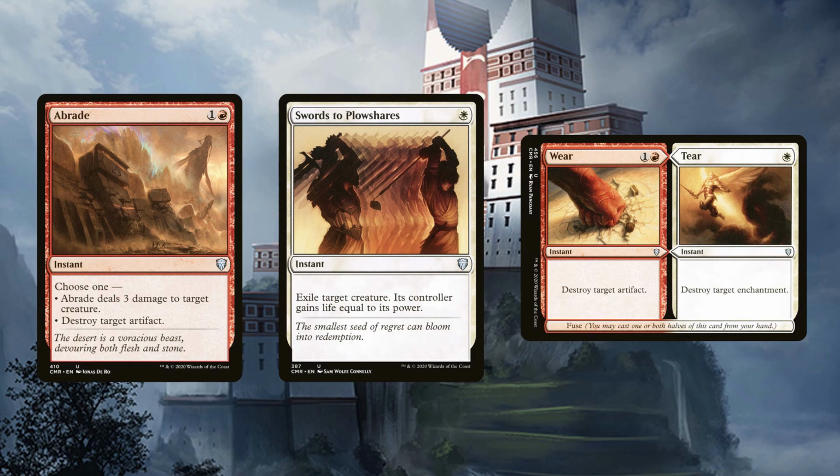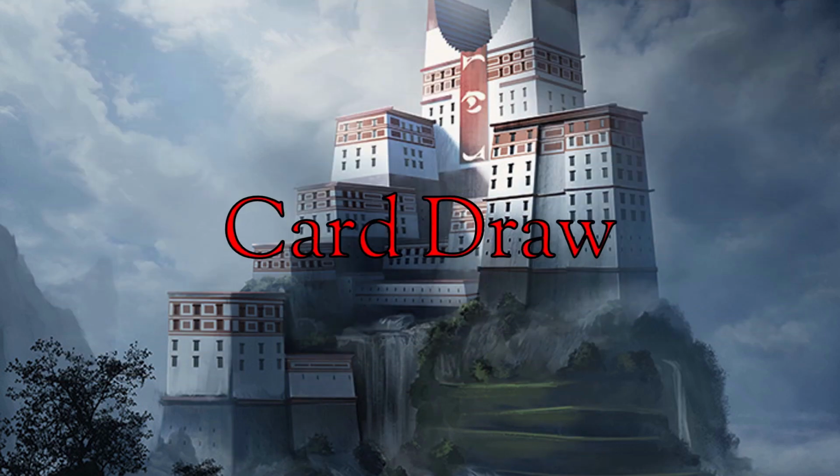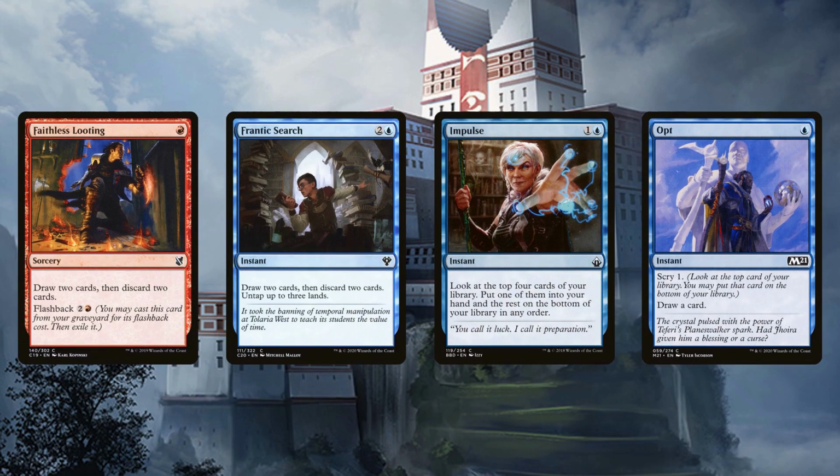There are enough artifacts and enchantments that hurt us, so we're also running Wear and Tear. With the amount of interaction and Malcolm's ability to ramp, we're extremely card hungry. We've got the expected cantrips, engines, and wheels. As Jeskai does suffer a lack of tutors, running additional cantrips, Faithless Looting and Frantic Search are cheap and provide